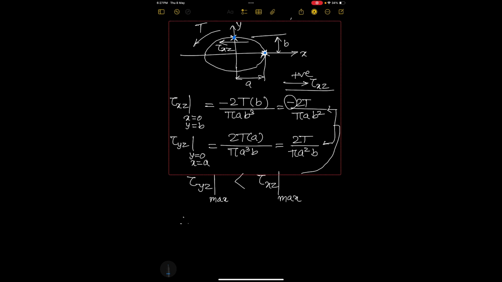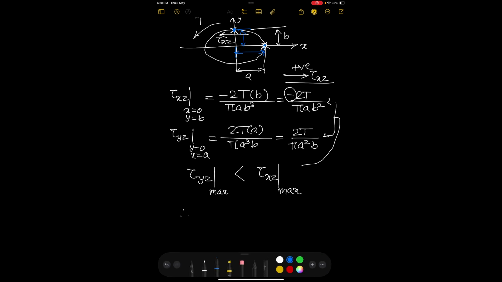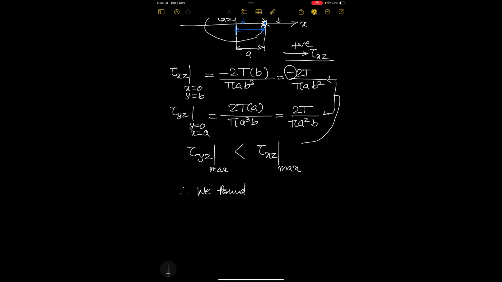In case of a circular cross section, maximum shear stress was present on the boundary at maximum distance, but here we can see that this distance is larger, yet maximum shear stress is present on the boundary where it is closest to the center. Therefore we have found the maximum shear stress in the elliptical